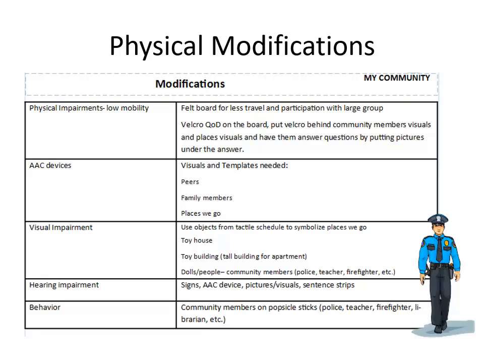So this is an example of a physical modifications table taken from a unit called My Community, so it's related to that topic. But just so you can see an example, if we have students in our life skills classroom with low mobility and we're expecting them to come up to the board, we can use a felt board or a small board that can come to the students so that they don't have to be expected to walk up and down the classroom. If we have children with AAC devices, for this specific unit, we want to think about